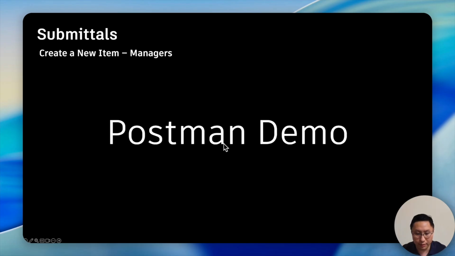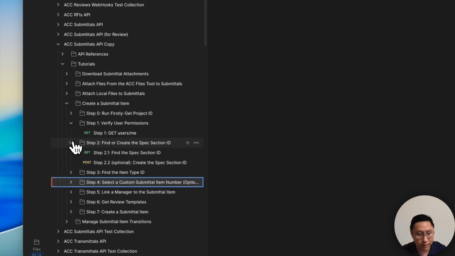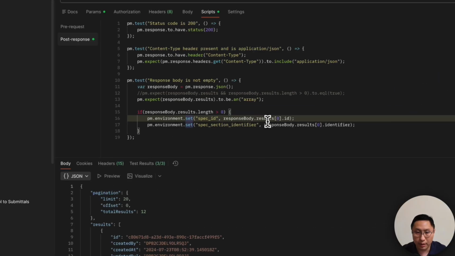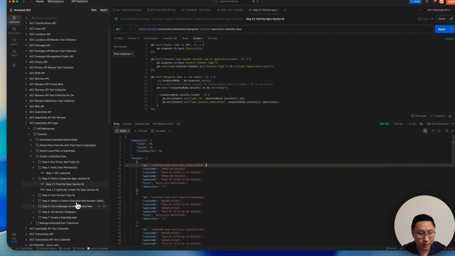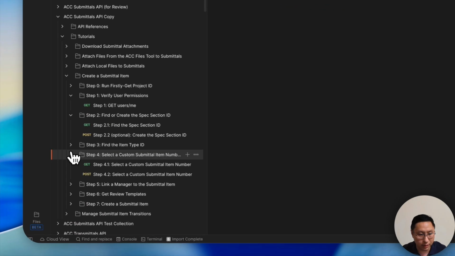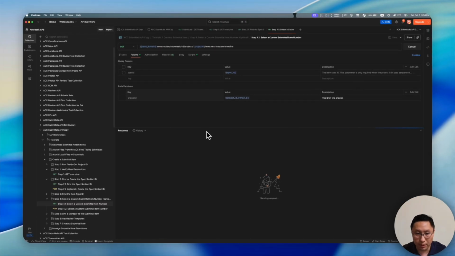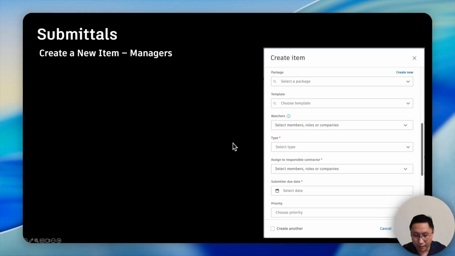Now let's do it in Postman. And let's check the step 2 for the spec section. And here we'll take the first one as an input. And that is the custom numbering. We call this endpoint. Then we see the next custom identifier is 140. We also use this value as input. And next is